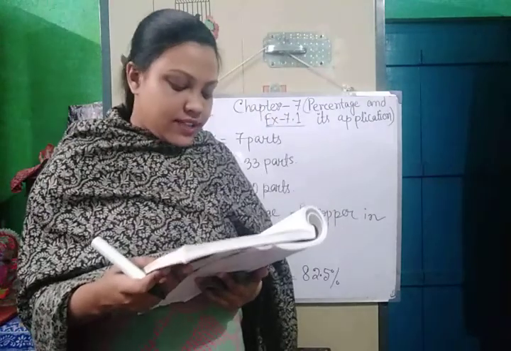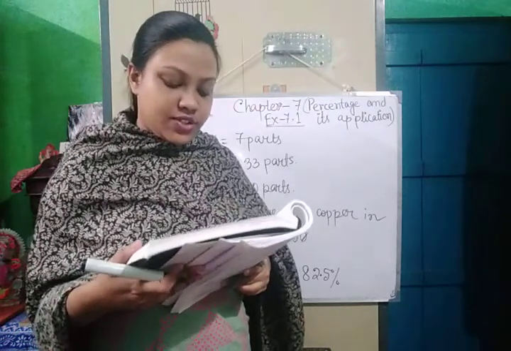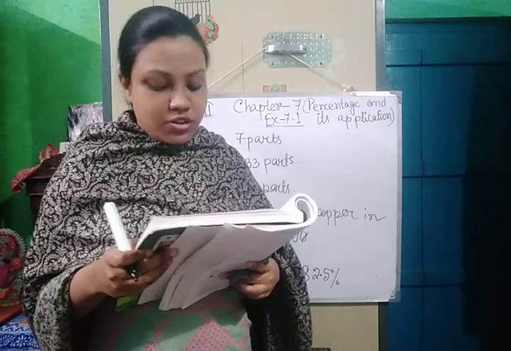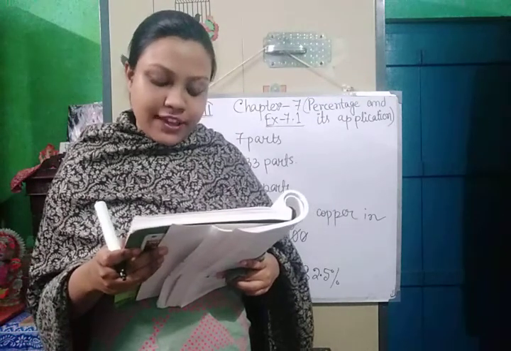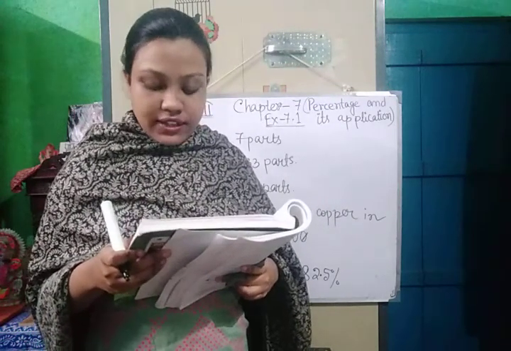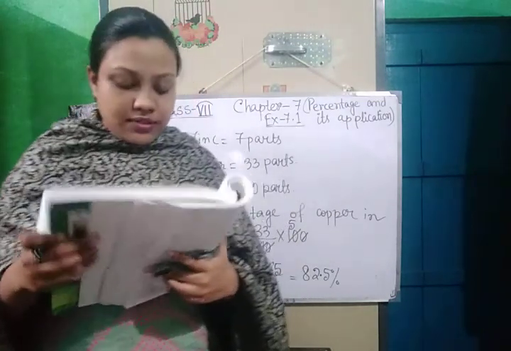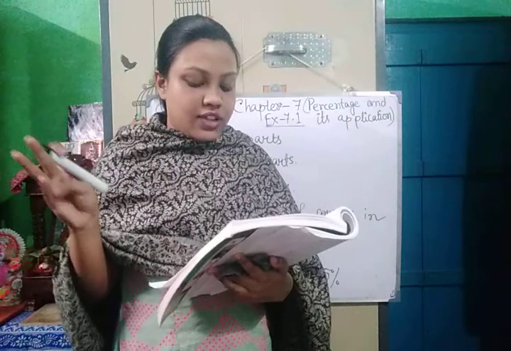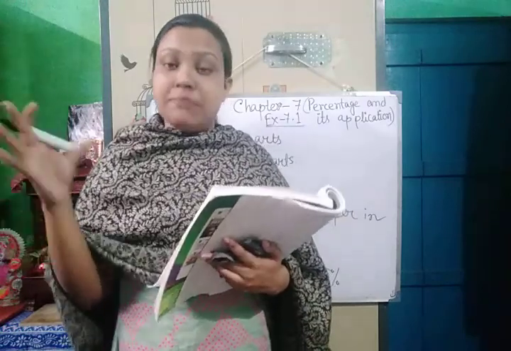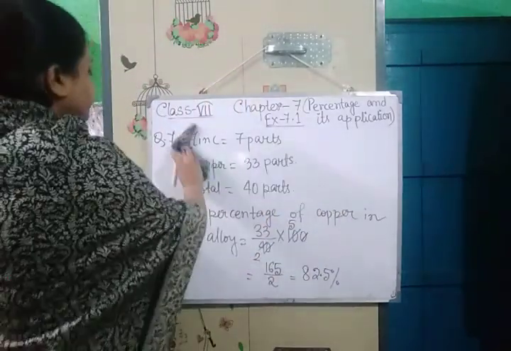Okay. Now next I am doing question number 9. Question number 9 is, if rupees 2500 is to be divided among Ravi, Raju and Roy, so that Ravi gets 2 parts, Raju 3 parts and Roy 5 parts, then how much money will each get and what will be in percentage? So rupees 2500 is divided among 3 boys, Ravi, Raju and Roy. We have to find out their percentage and also their parts, means their monies. How much money did each get? That also we have to find out. Okay.